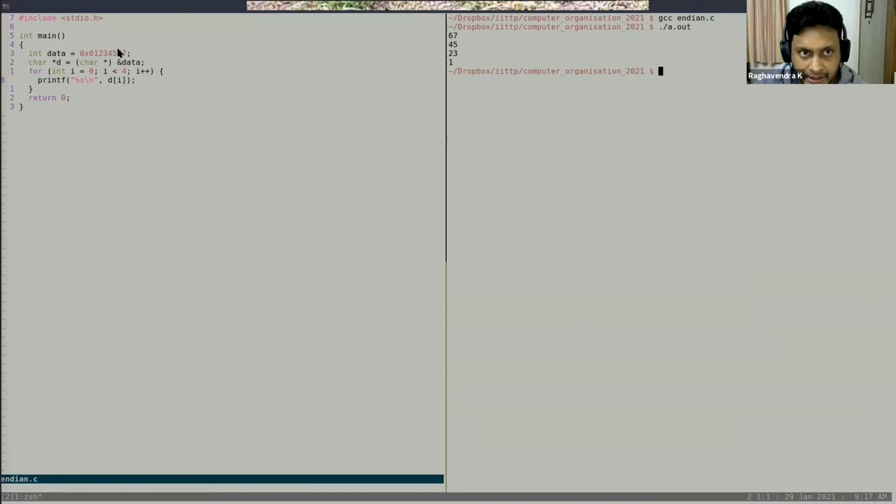That is the least significant byte, and it is stored in the lowest address because I'm going from 0 to 4. Then it's printing 67, 45, 31. So the way to read it is 0x1234567. Of course, if this was a big endian architecture, it would have printed 1 followed by 2, 3, followed by 4, 5, followed by 6, 7. So it's just the way you store it.